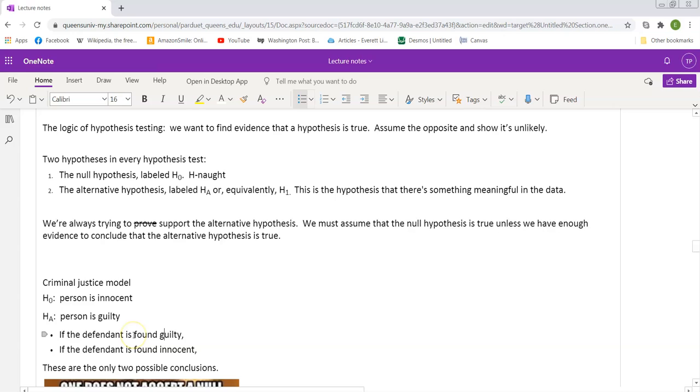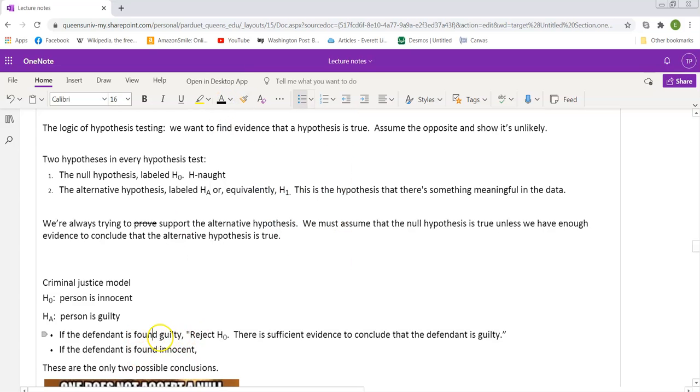There are two parts to any conclusion of a hypothesis test, and we're going to state those in these words. We start with